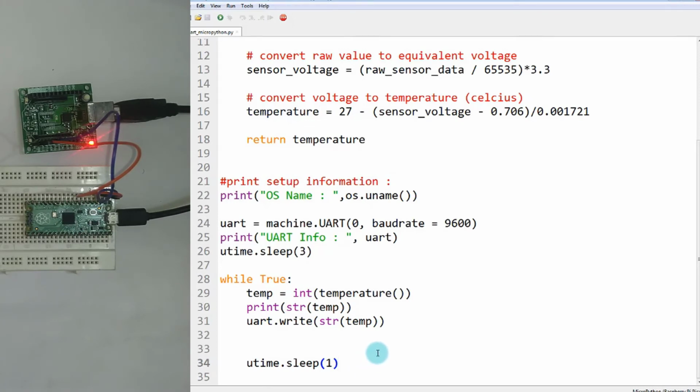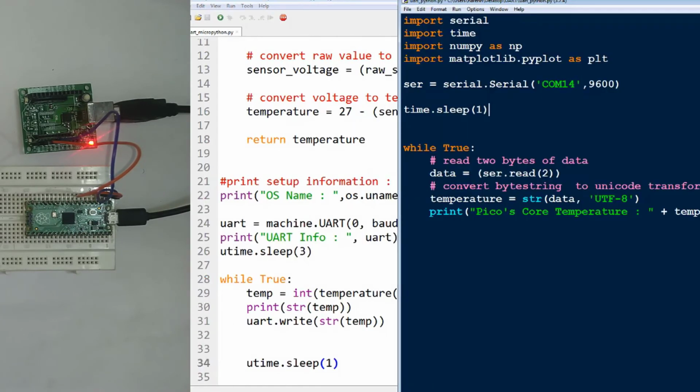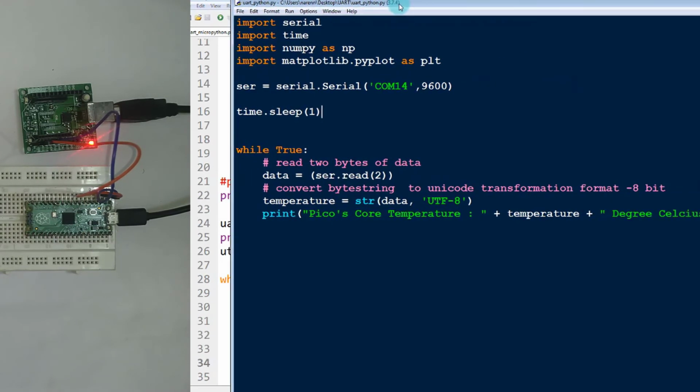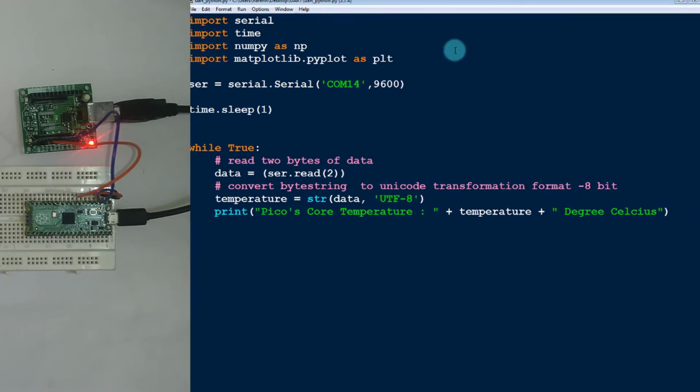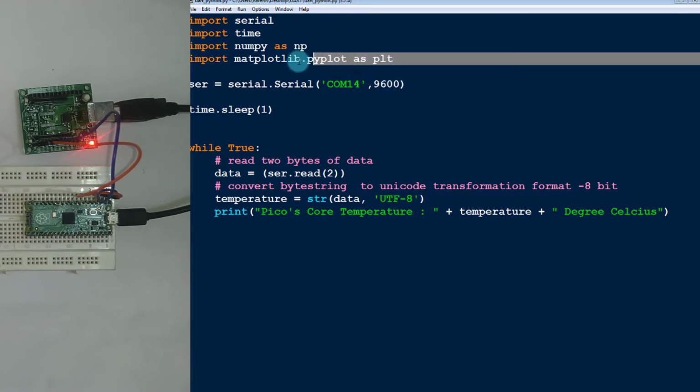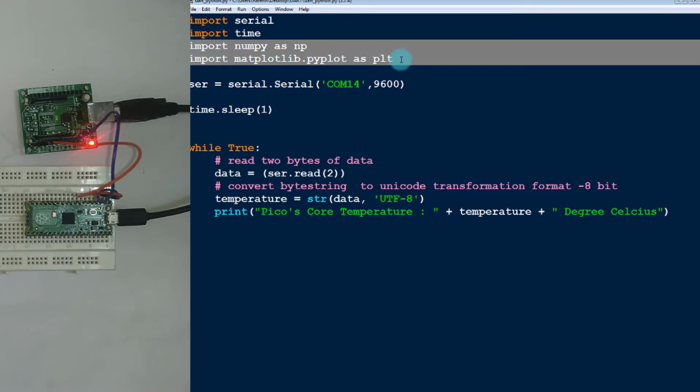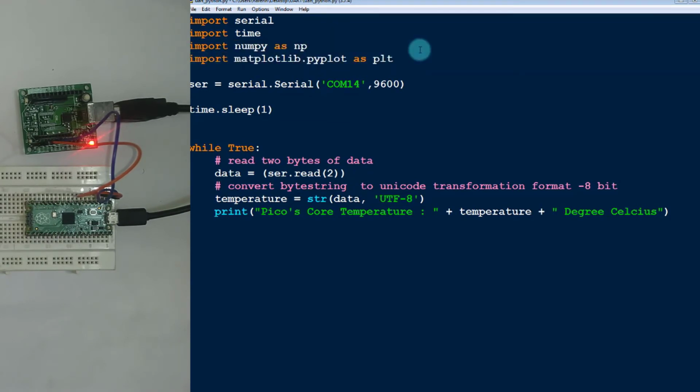So now let us look at the Python code. This Python code is used to serially receive the data, and then you can plot the data by using these two libraries. I have not plotted it here because this is not the scope of the video.